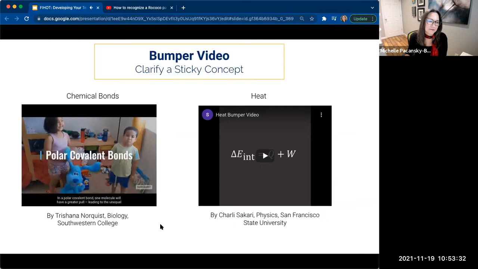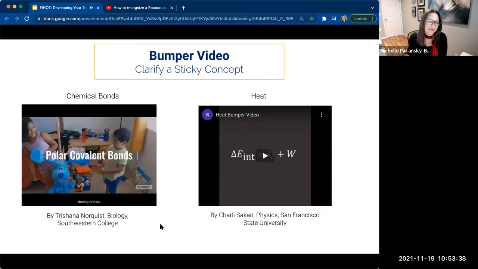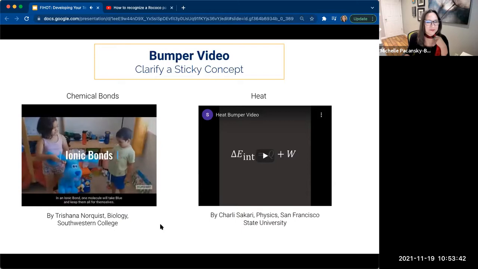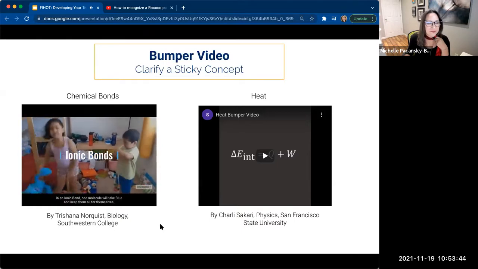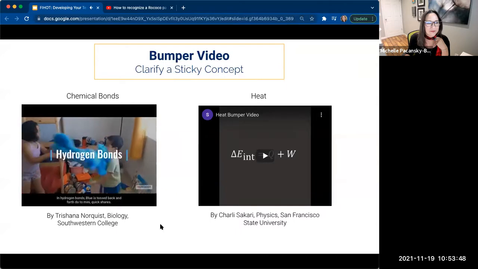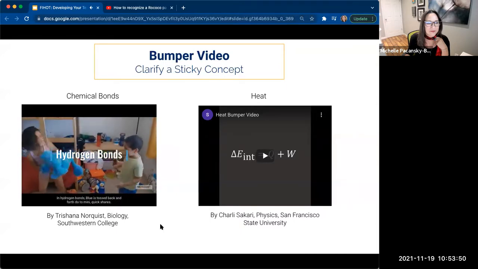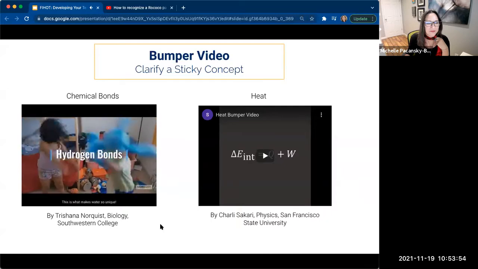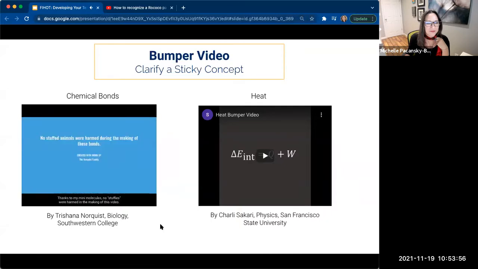In a polar covalent bond, one molecule will have a greater pull, leading to the unequal sharing of blue. In an ionic bond, one molecule will take blue and keep them all for themselves. In hydrogen bonds, blue is tossed back and forth due to many quick shares. This is what makes water so unique. Thanks to my mini molecules, no stuffies were harmed in the making of this video.